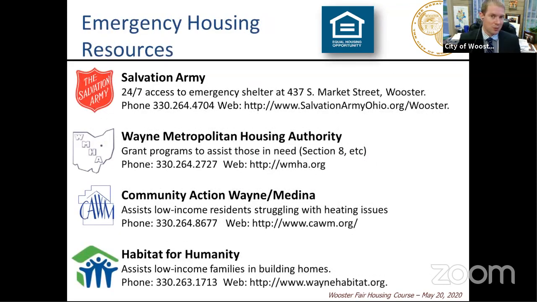Some emergency housing resources in our community include the Salvation Army, which offers 24/7 access to emergency shelter at its 437 South Market Street, Worcester location. You see their information up above. The Wayne Metropolitan Housing Authority at 330-264-2727,